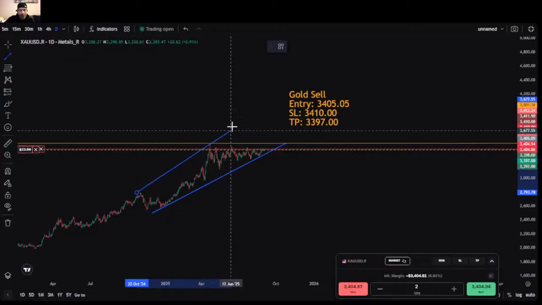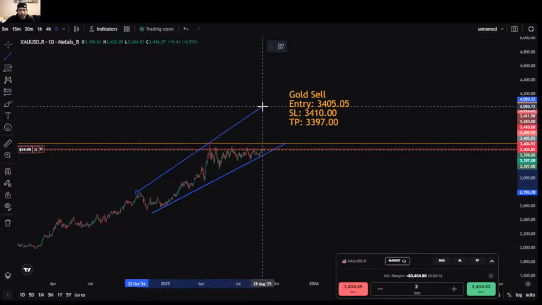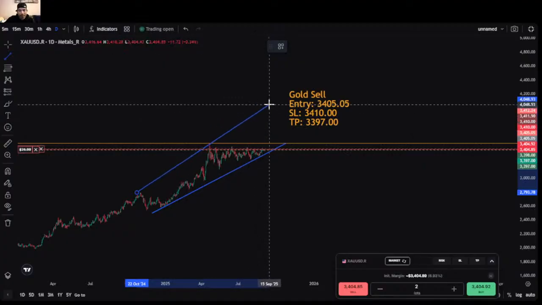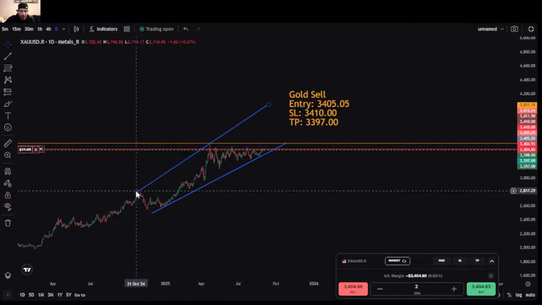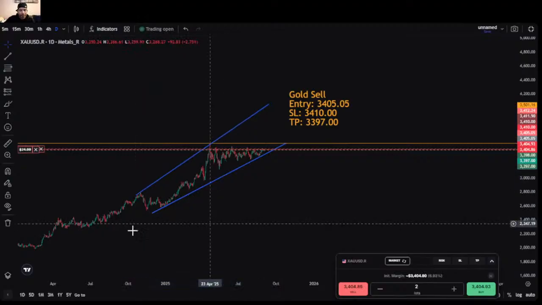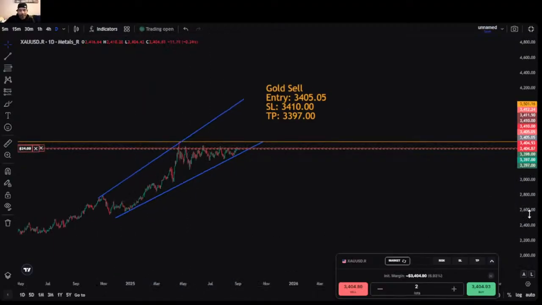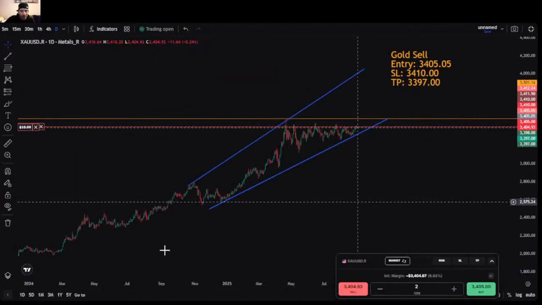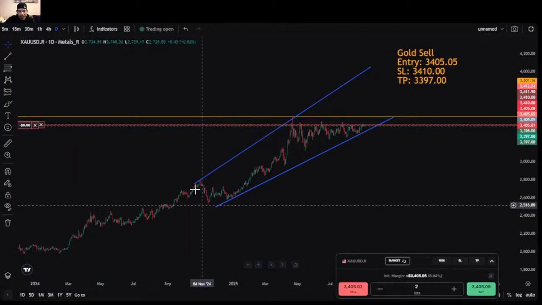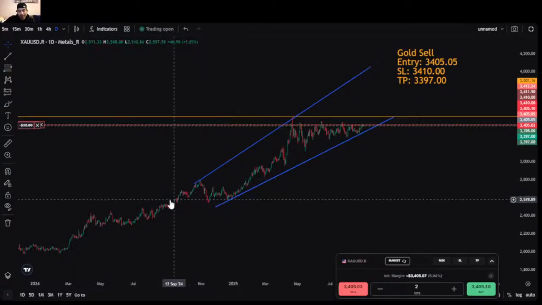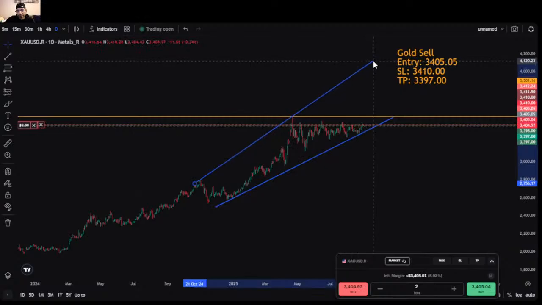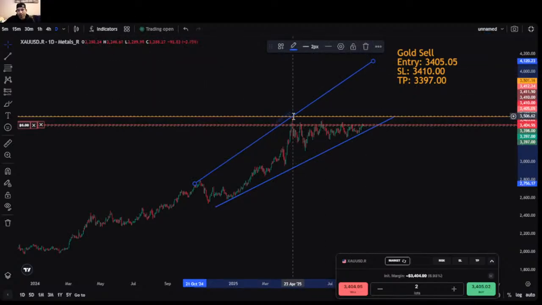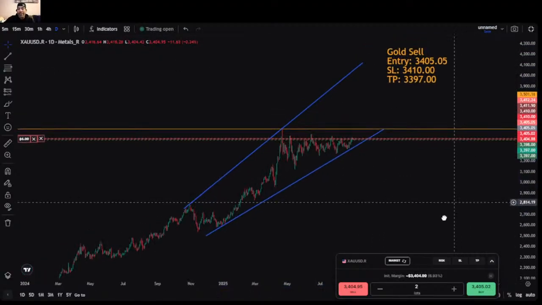And you take it right through that very wick high. I want to make sure I make it right here. All right, let's just say that. Let me just drag it down slightly, right there. So from these highs in December, if I zoom in just a little bit, so you see these highs here. If I start that trend line from here all the way up, it taps right there. So we got that touch on the all-time high, and if you stretch it out, it gives us an idea, right? Just a potential